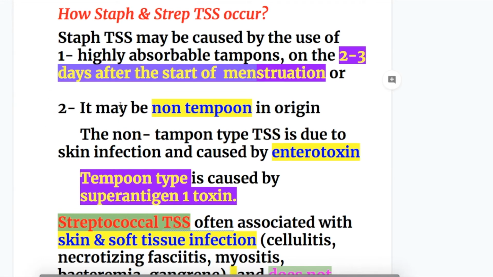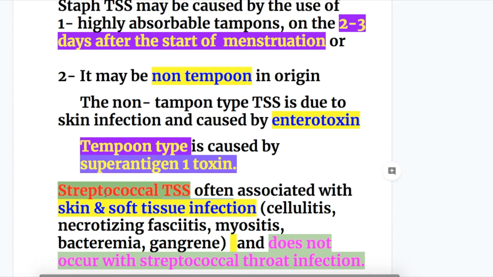number 2. Toxic shock syndrome may be non-tampon in origin. The non-tampon type TSS is due to skin infections and is caused by enterotoxin, whereas the tampon type is caused by the superantigen type 1 toxin. So non-tampon type staphylococcal TSS is caused by enterotoxin and the tampon type is caused by superantigen 1 toxin, whereas